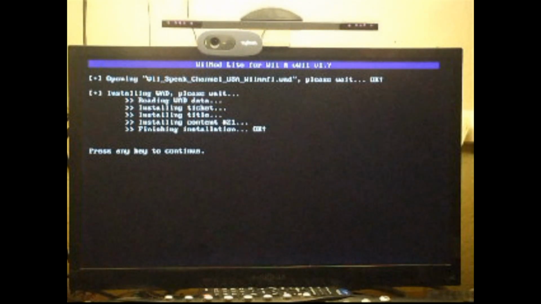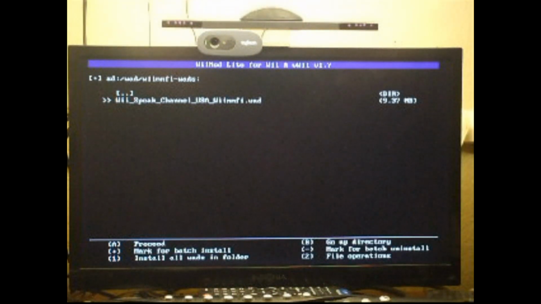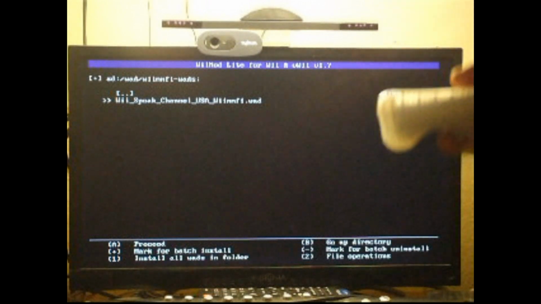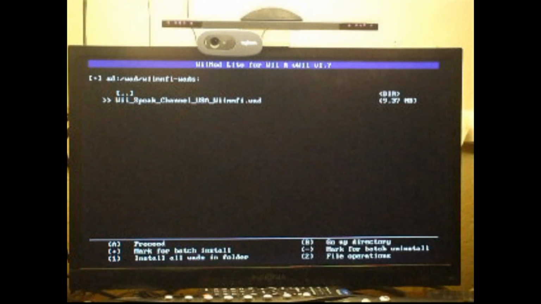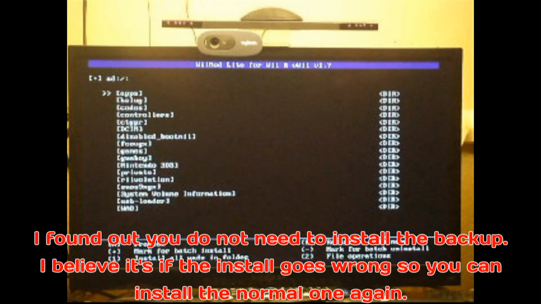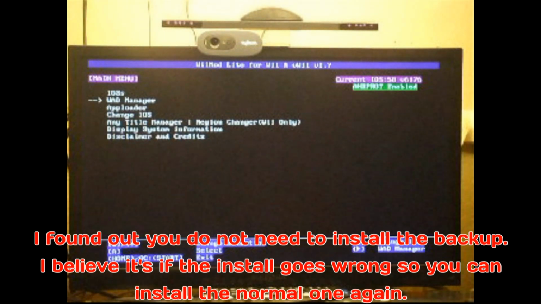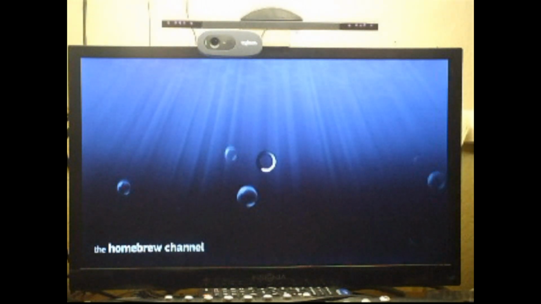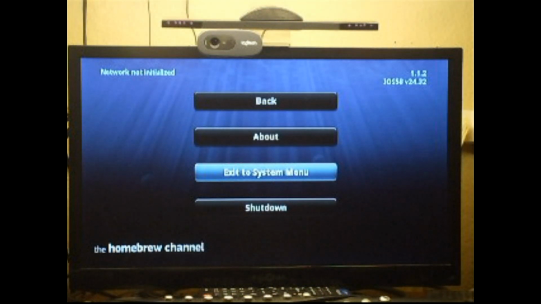Okay, so press any key to continue. So now, I don't know why there's a backup one yet, but I guess we'll soon figure that out. I guess maybe that was in case this messed up We Speak channel. Now that we got that installed, let's head to the Wii menu and see what we got so far. So let's see, exit the system menu,